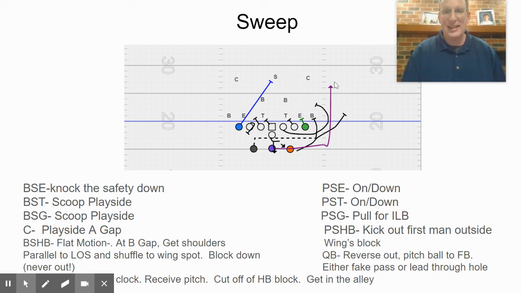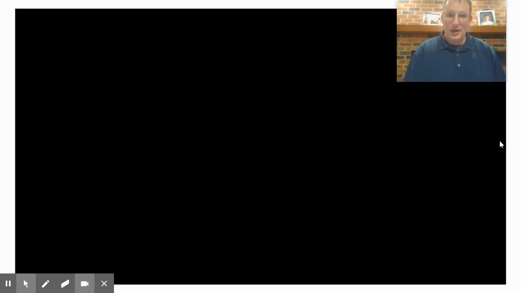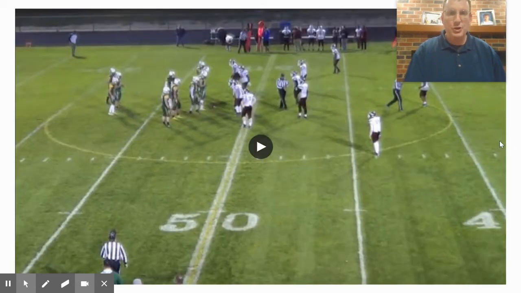So we want this to hit the alley. Where this isn't a get to the sidelines play. All right, so we'll show you some video of it. Now, we don't run it perfectly in the video. We whiff on our motion man's block, but you kind of see how we do get the edge, and it's